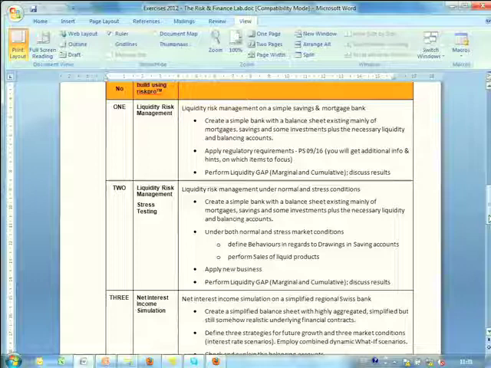Okay? And you do that with gap analysis, survival period, and stuff like that. 3, now here the focus is, so in number 1 and 2, the focus was on the left side. We talked about this liquidity side. Now the focus goes on the right side, and especially on income here. So what we do is a net interest income simulation, again of a simplified regional Swiss bank.